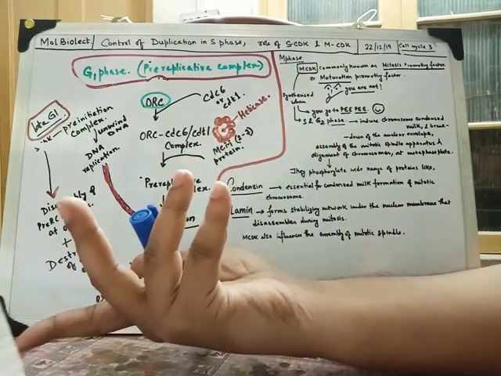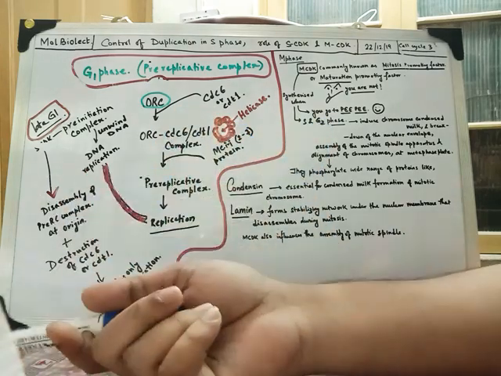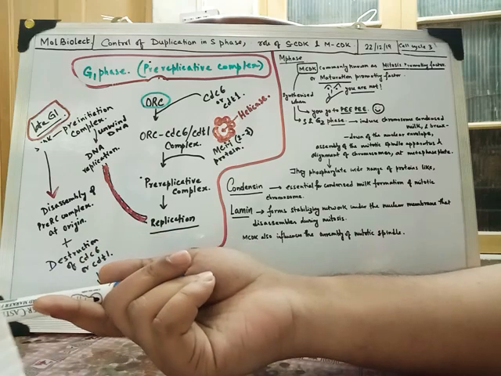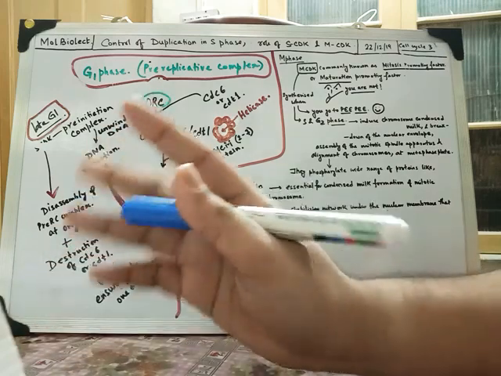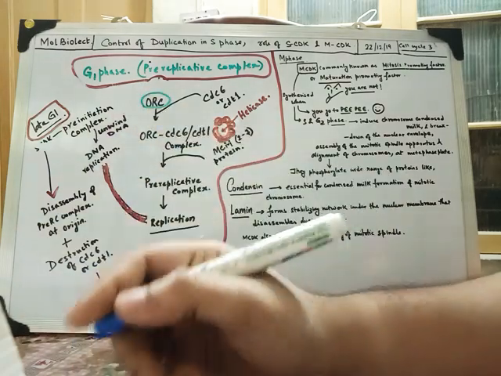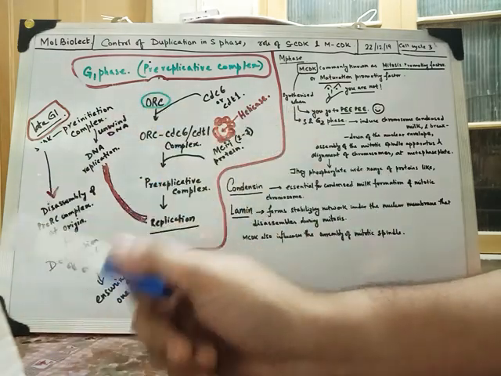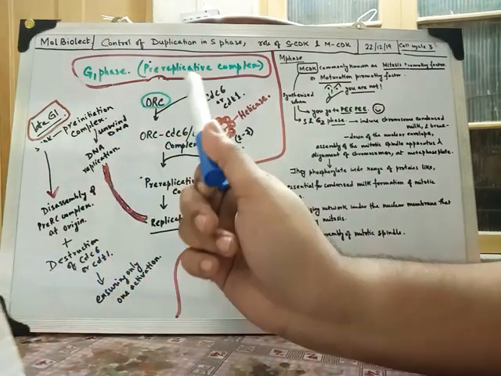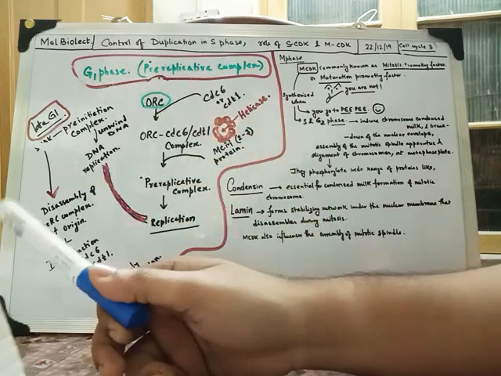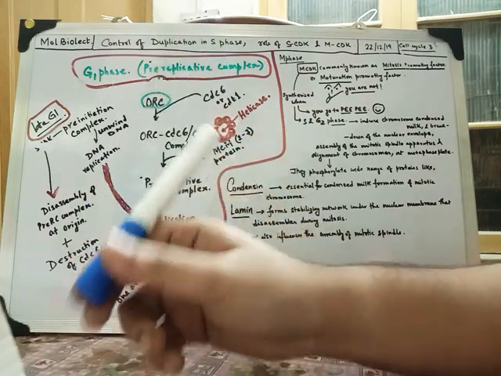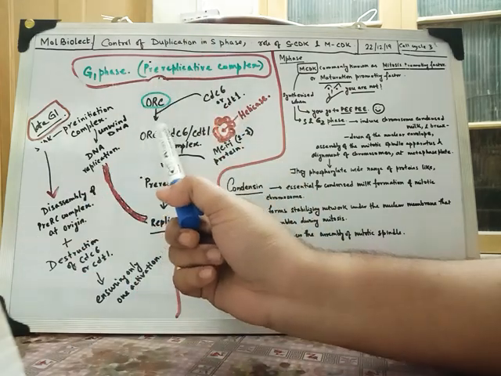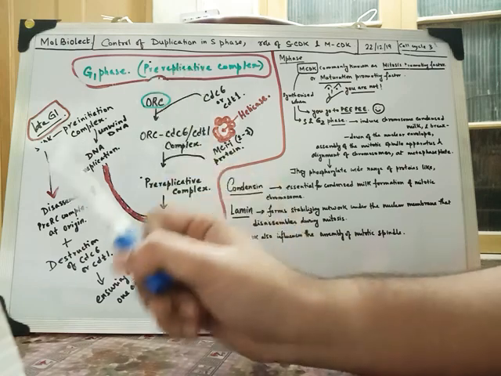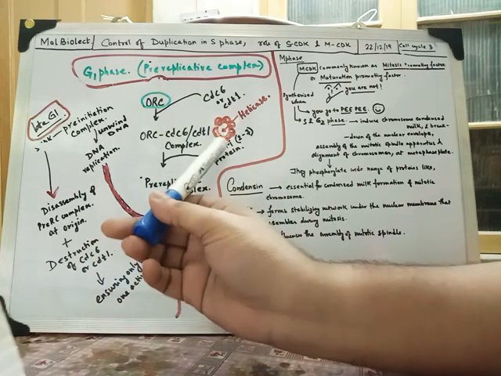Origin recognition complex, so it identifies origin naturally, but it cannot do that alone. That's the problem. It needs to be associated with some proteins known as CDC6 or CDT1. When these proteins combine with ORC, it forms the ORC CDC6 or CDT1 complex, which along with the MCM protein,